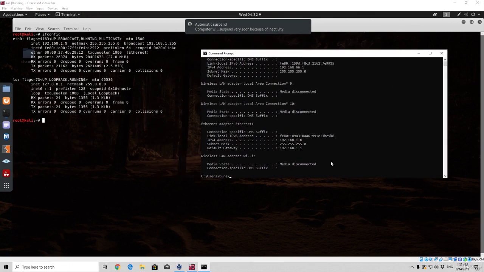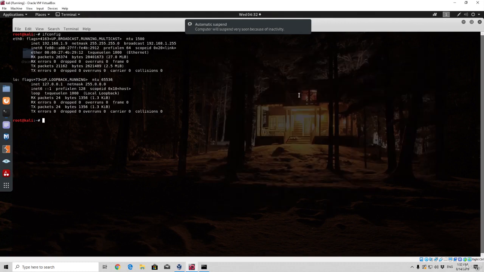Now in Windows, if you want to check your IP address, you simply type ipconfig, and my Windows machine has the IP address of 192.168.1.6. Okay, so make sure once again that you are connected over the bridged adapter in network settings, and you